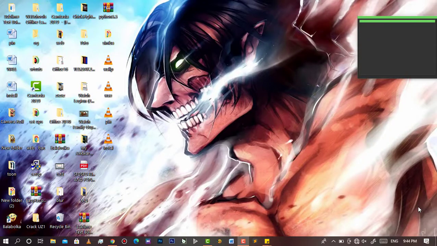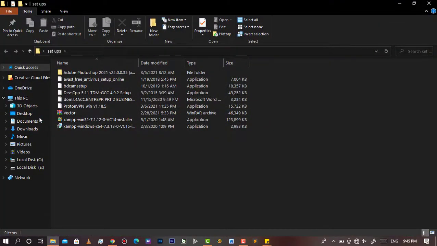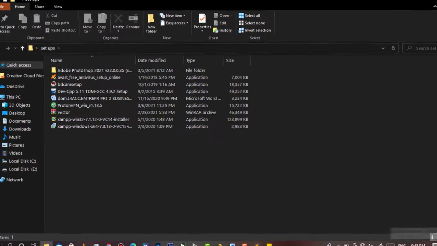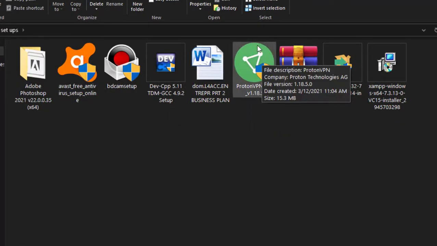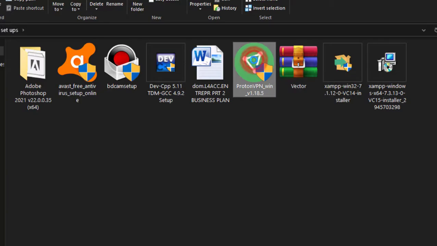Hello everyone, today we are going to learn how you can properly install an app. It's simple, simply go to the software you would like to install. So for example, for us we are going to install this VPN called Proton. It's simple, simply start by clicking on it,